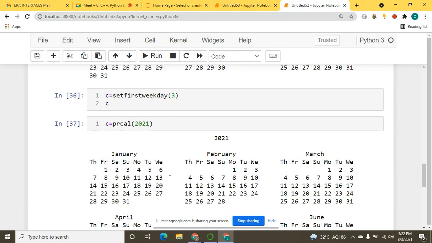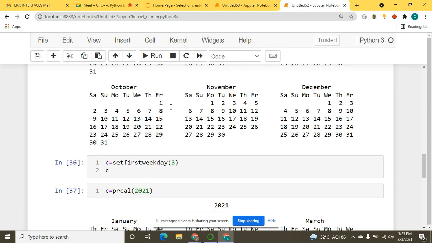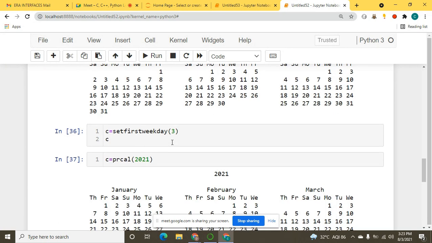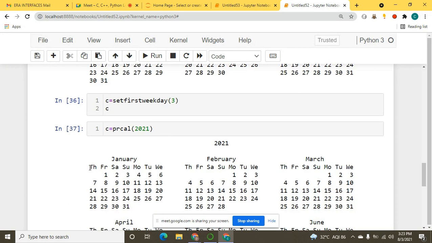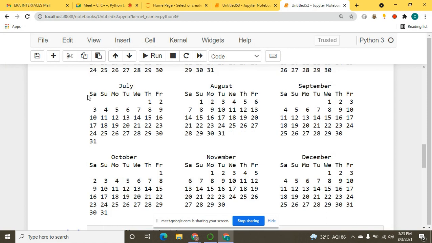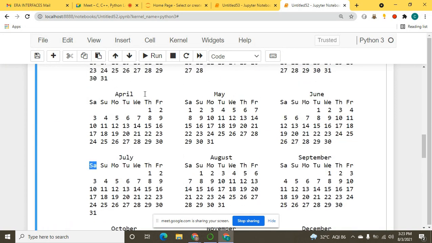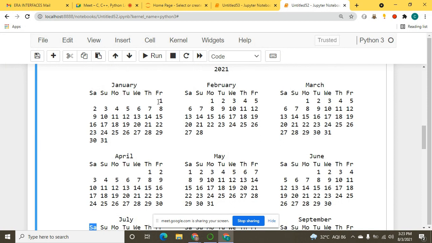Now it started from, before it was Saturday, no? 0, 1, 2, 3. Yeah, Monday, Tuesday, Wednesday, Thursday. Yeah, it would start from Thursday. So that's why we got Thursday in the calendar. Before we were seeing Saturday, but now the date will be the same. Here in January, the first of January, the day was Friday. It won't change. I'm just changing the pattern.